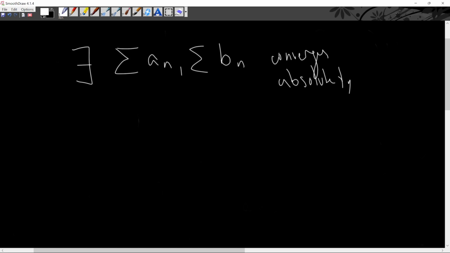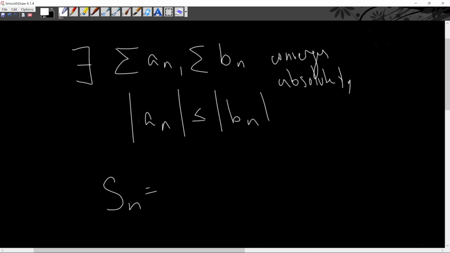And we are also going to assume, just for the sake of argument, that A sub n is less than or equal to B sub n for every n value in their corresponding terms for both A sub n and B sub n, right? So let's say that the sum up to n number of terms for A sub n